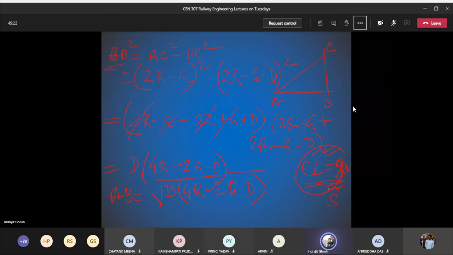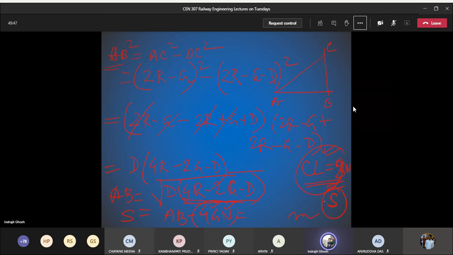So there is no difficulty here. The most tricky part is what is the length of S. So what will be the length of S? See, it will be the overall length AB minus 4gn. Okay, AB you got from this, and 4gn you know, the g value and n value will be given. You will be able to tell it in terms of meters.